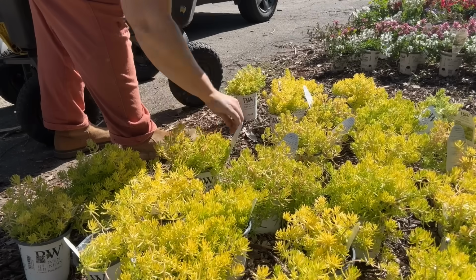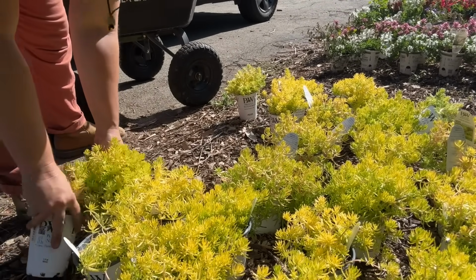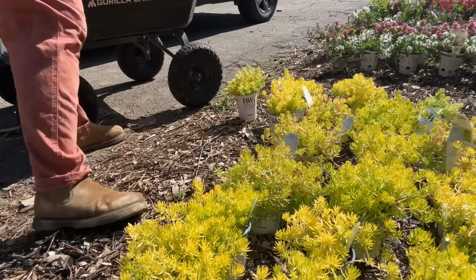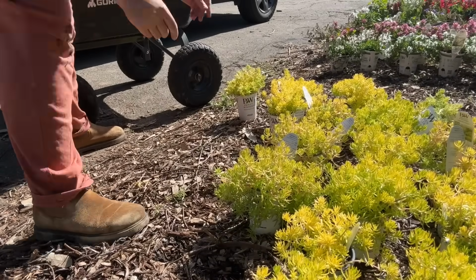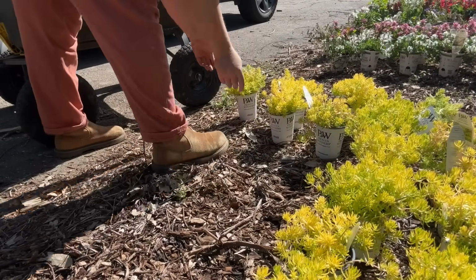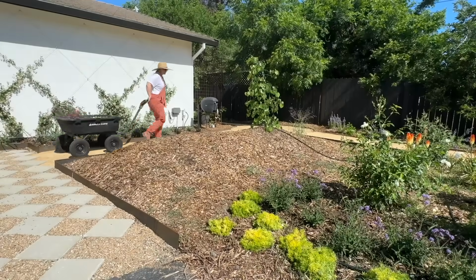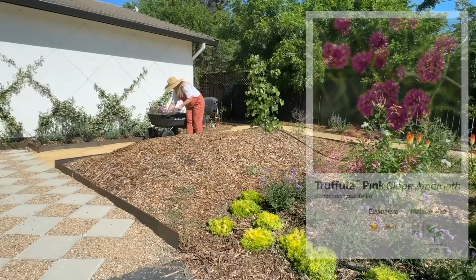I'm telling you all, I had absolutely no plans for today. I just knew I wanted to get my hands dirty and I wanted to get some of these plants in the ground. So I grabbed some of these lemon coral sedum and I took them back over to the orchard garden and just kind of thought, what am I going to do with these? And it took me a while. I cut out quite a bit of footage with me just standing there staring at my garden like a crazy plant lady. So after some staring and some thinking and some debating, I decided to put the Truffula Pink Gomphrena